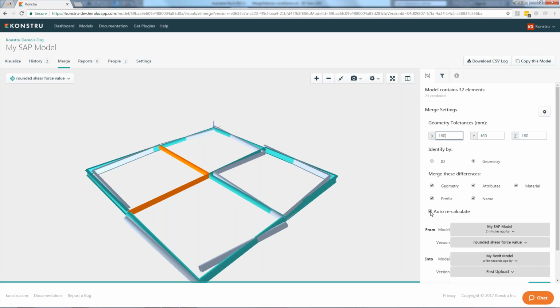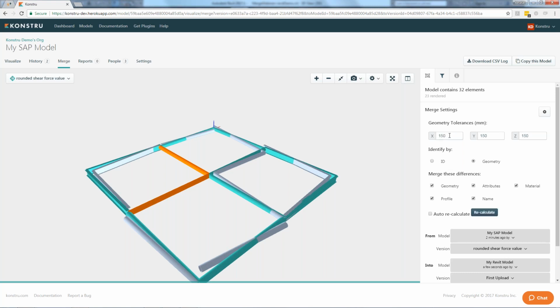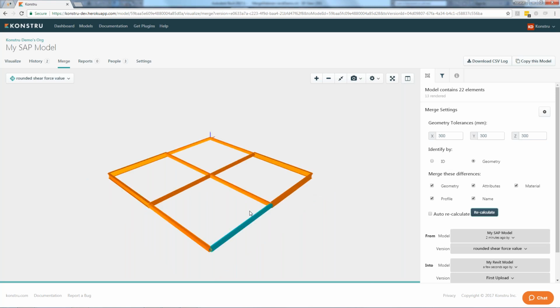The other thing I'm going to do for now is turn off auto recalculate so that it doesn't recalculate until I tell it to. So I'm going to increase the tolerances here. This is in millimeters, so now we're looking at about a 1 foot bounding box. So let's recalculate. Now it has found a match for every element,